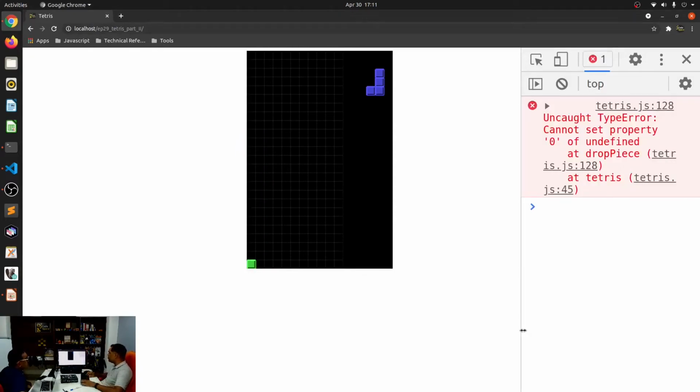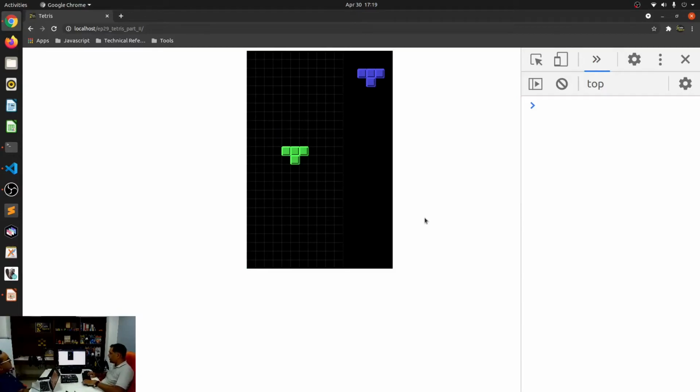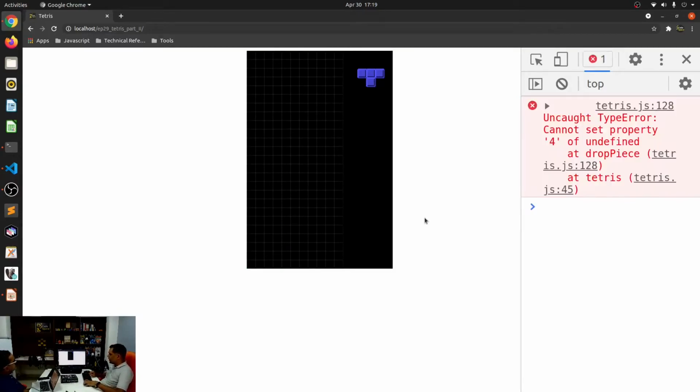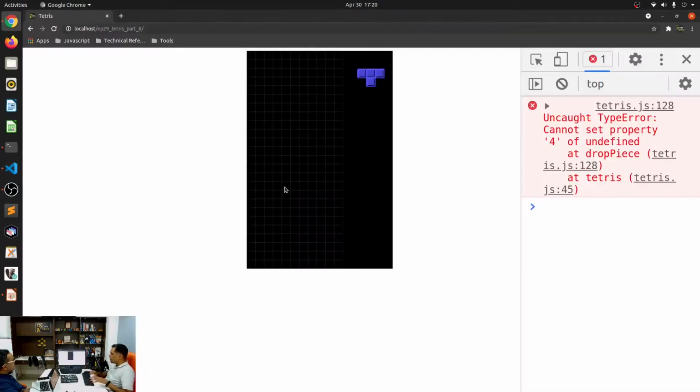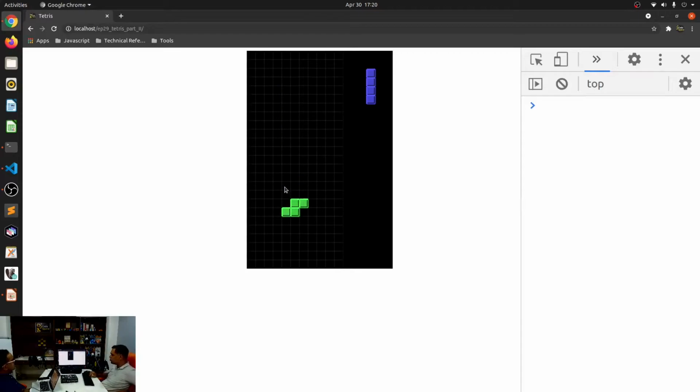Oh, okay. There you go. One more. All right, let's see this fall down. And oops, yeah, it just went through. That's because I was pressing the down arrow. And when we do the down arrow, I think let's just go back to our code. We're just saying row plus plus. We are not saying drop the piece. So let's just say don't do a row plus plus, because the drop piece has all of the conditions and everything. Correct. So having done that, let's just do boom.